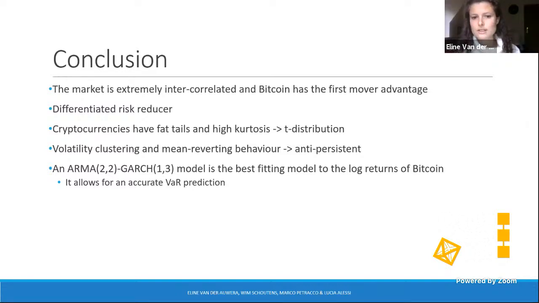For other cryptocurrencies, I haven't fitted the ARMA-GARCH model, because when I did this analysis, the returns of other cryptocurrencies were not reliable, so I wasn't able to do an accurate test with them. At the time, it wasn't this year but the year before, I fitted this model. Sorry, the data goes from... because in the first part of the talk, you were dealing with many different cryptocurrencies. So this is the reason for my question.